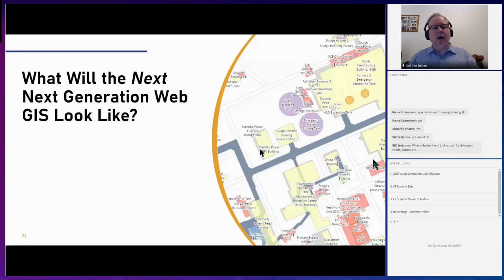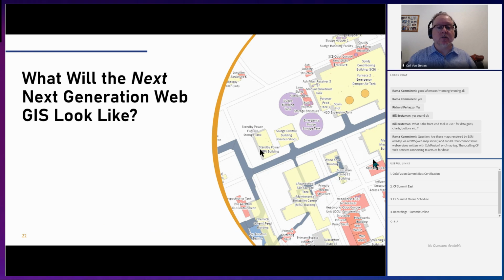Okay, so to kind of wrap up, this is actually our next generation WebGIS. The previous iteration of this was much more simplistic, not nearly as comprehensive and robust. The next generation, we're looking to move to a newer map interface that will also allow us to have three-dimensional views. So for our treatment plant, we'd actually be able to do a three-dimensional view of the building, move between